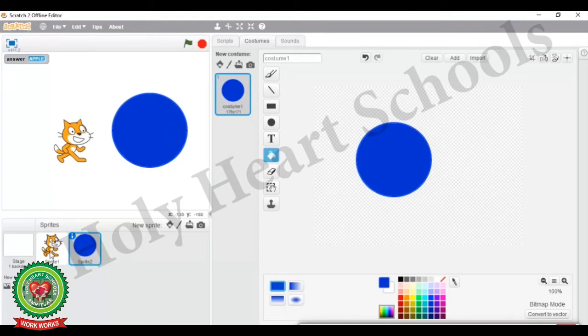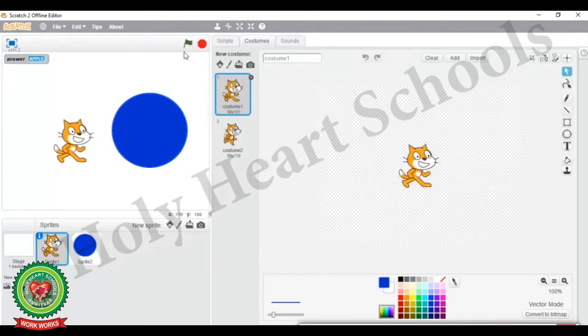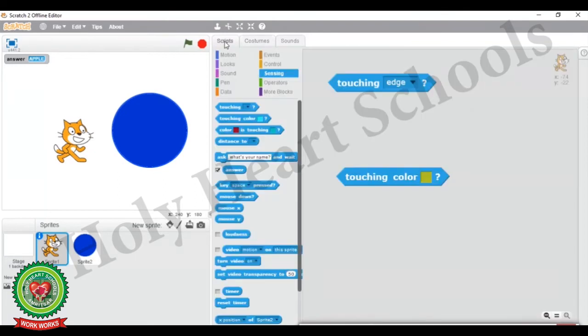Now click on first sprite and go to its script. Now here you can see if we want the same color in the swatch, what we need to do, just click once in the swatch and here you can see the mouse pointer shape will change into a hand. Now drag your hand on the shape whose color you want to take. Now click on that shape and here you can see the same color of the sprite will be there in the swatch.